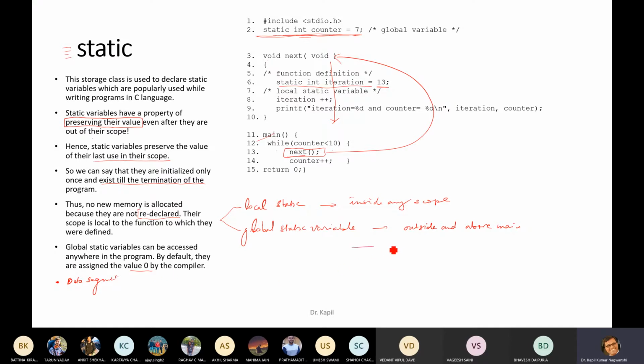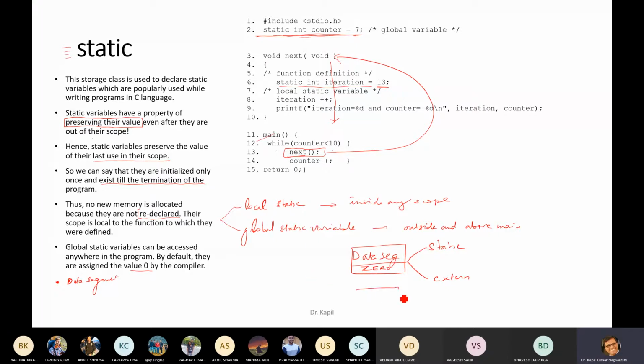Actually, whatever we are writing in the data segment, there are two different types of storage classes, static and external. Whatever variables are there, they are always initialized with 0. Okay.